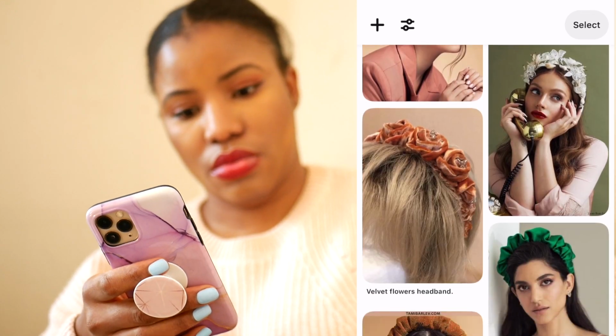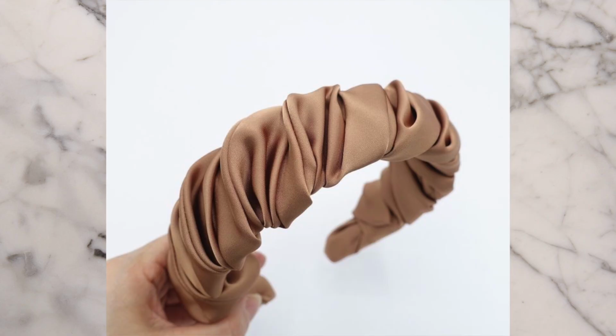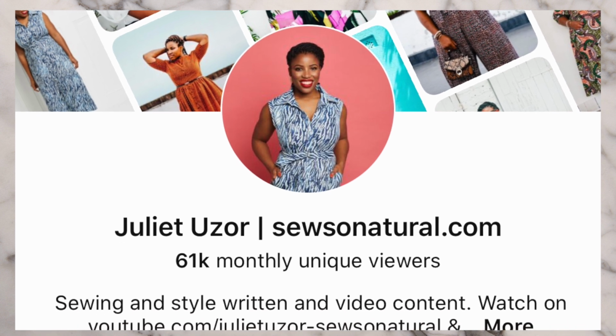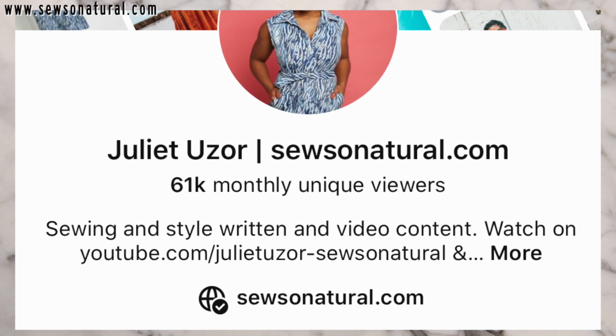Very recently, I came across these really trendy scrunchy headbands on Pinterest, and I thought, oh, let's have a go at recreating these headbands. But then,